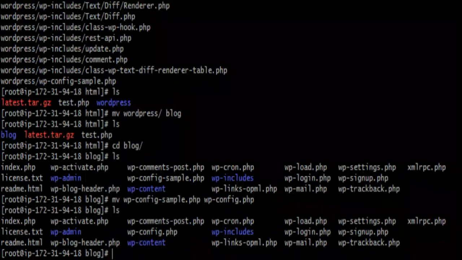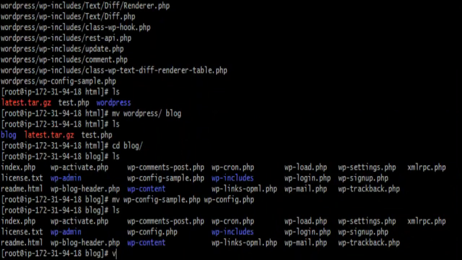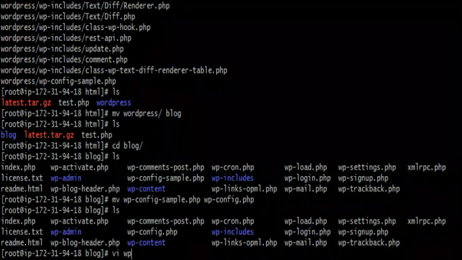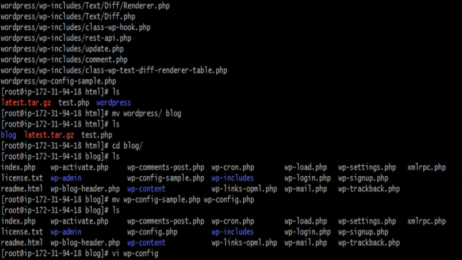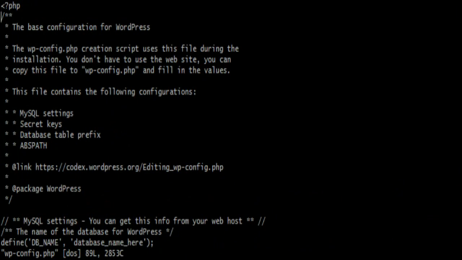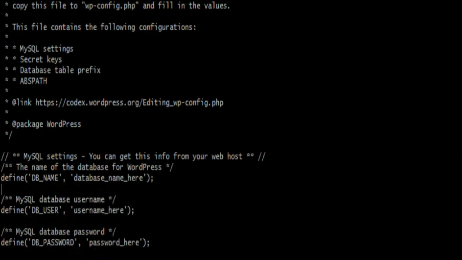Okay, the file is already renamed. Yep, it's been renamed. Now I'll open it using the vi editor. So now the file is opened.